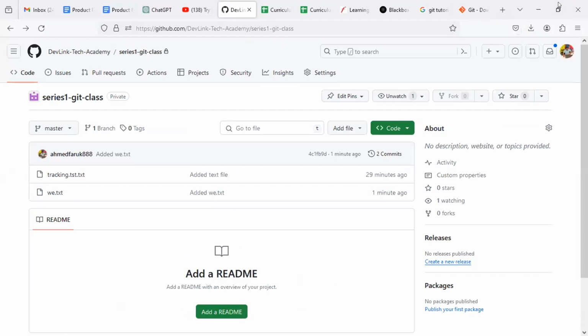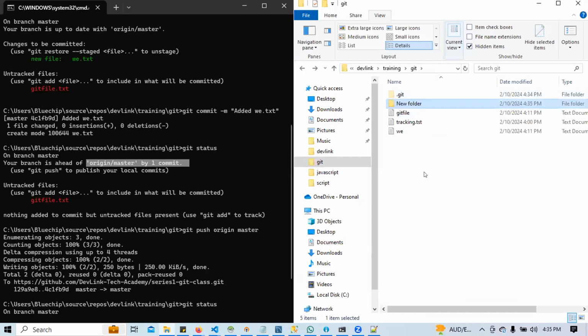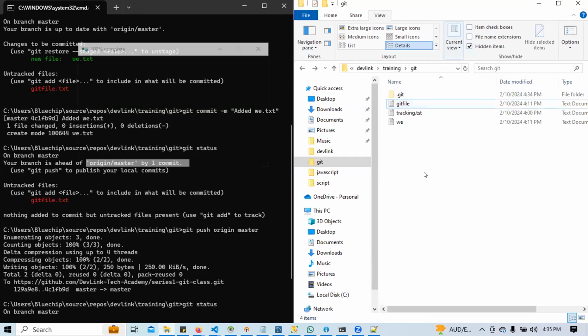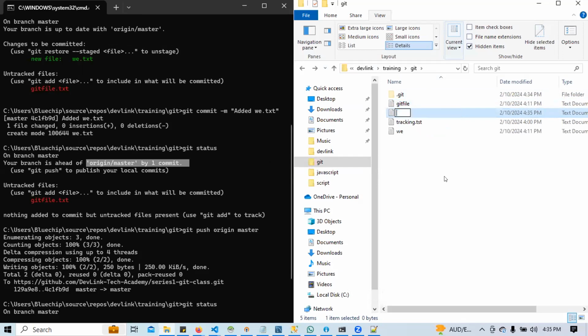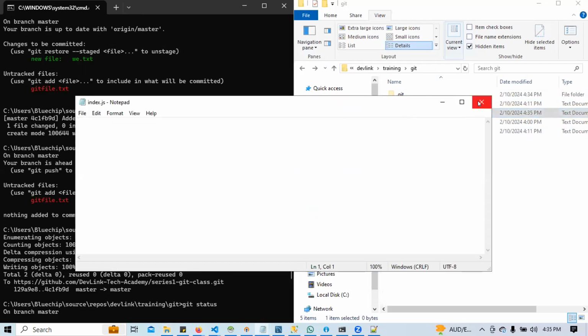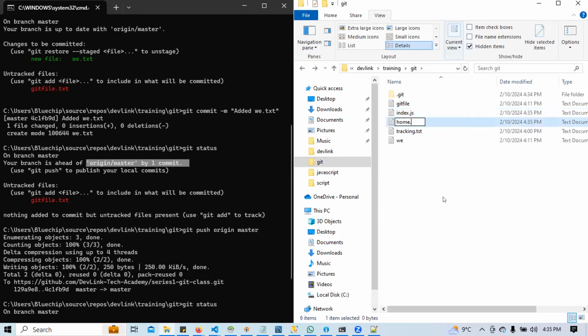So let us try one other thing. Sorry, let me delete this. Let's just use a new file. I'm going to call this file index.js. I'll just put anything inside. I'll save it. And then I'll create another file, home.js. When I clear my screen,